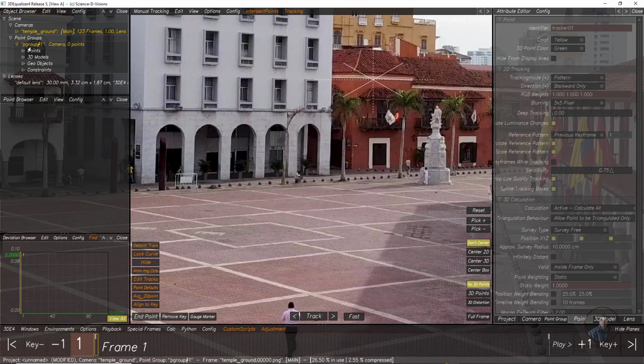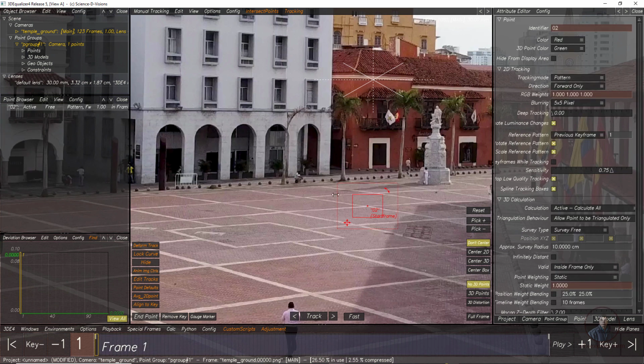Then simply right click on this point, click on add new, then click on point, or you can simply hold control and click on the point you want to track. So just hold control and click here. Now I have created tracker 2 here. On the left side you can see it, because I deleted tracker 1. On the right side you can see the identifier, then color, the default tracking mode, pattern, size, and direction forward.